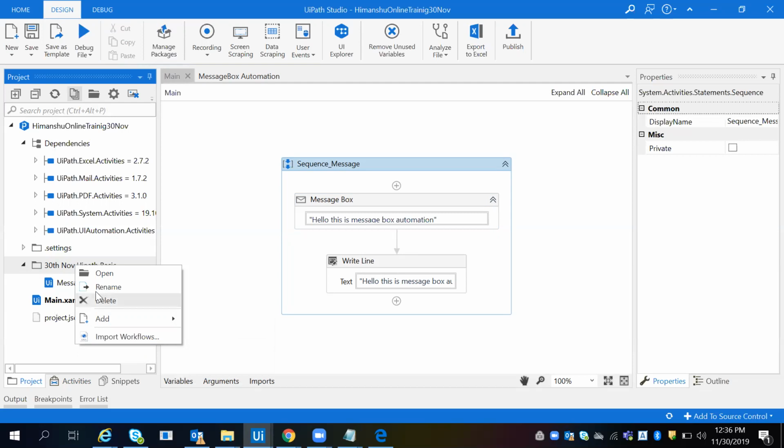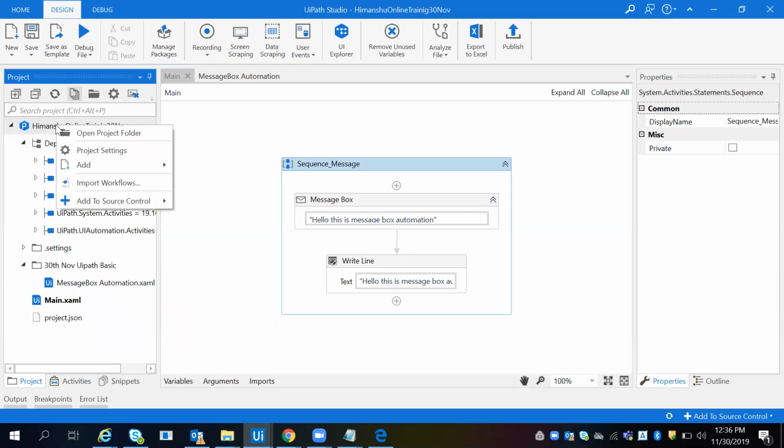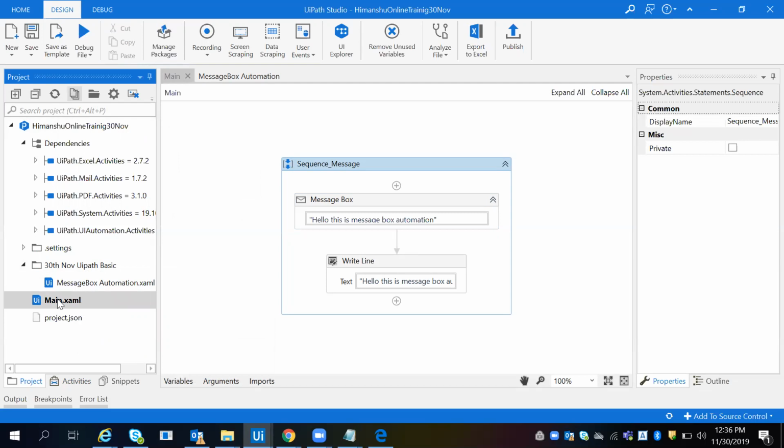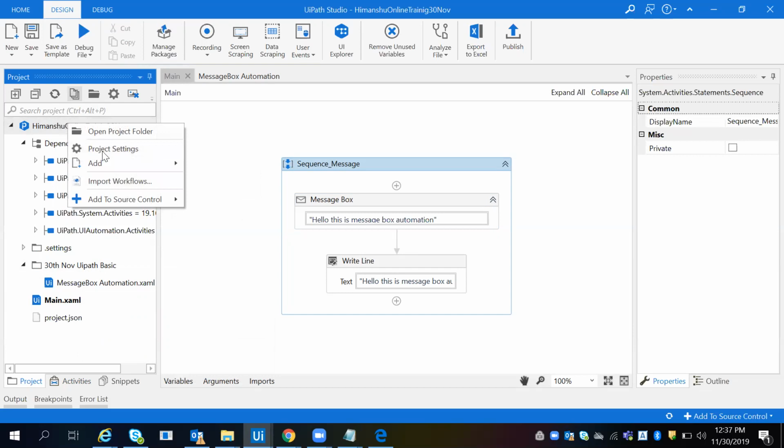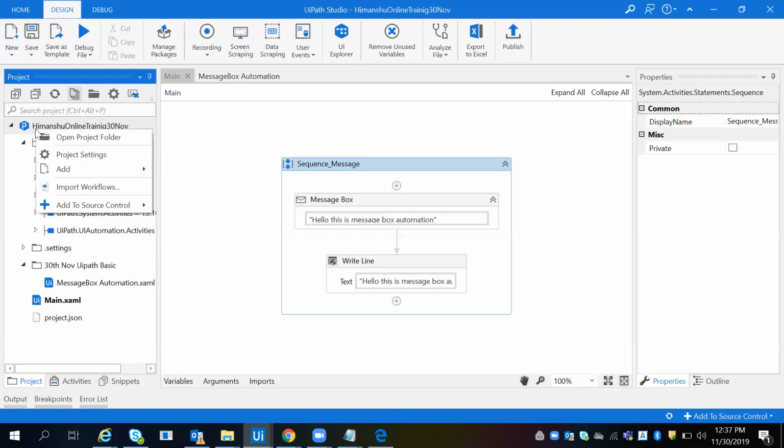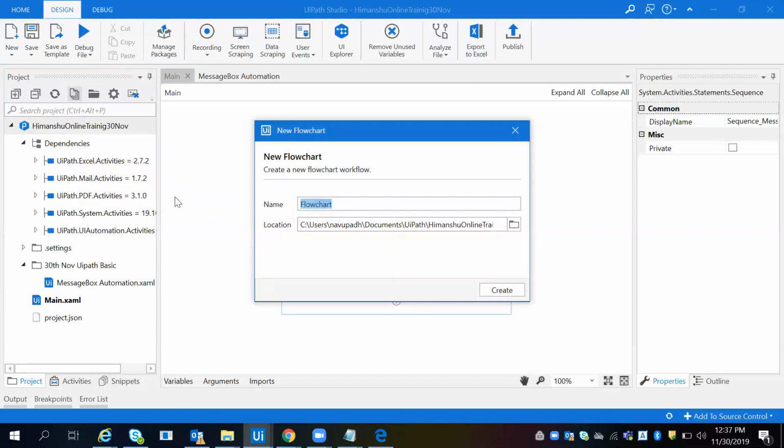you can go inside a folder if you want to go inside your project. After that you can take add sequence or flowchart. If you do not want to use any type of folder, you can directly go inside the main.xaml file and if you directly create any XAML file, you can right click and click on add and sequence or flowchart. It will come adjacent to main. I will show you like that. If you create inside it and click on add and click on flowchart, suppose you can take a message or the notepad automation.